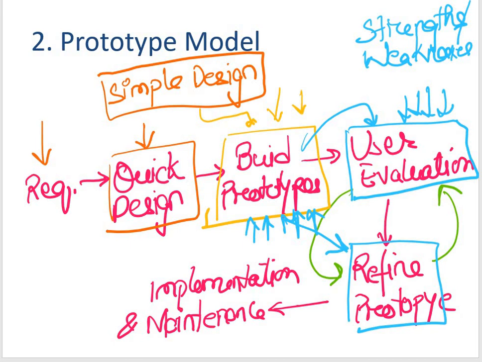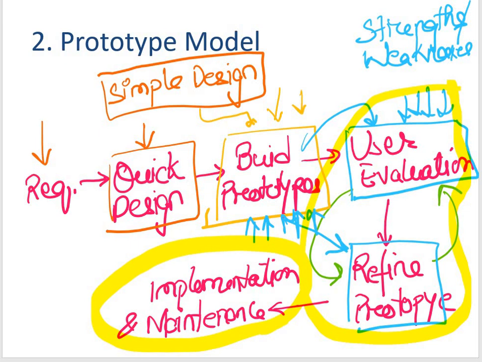And this phase will not be over until all the requirements, feedbacks or specified points are met by this prototype. And once the user is satisfied with the help of this prototype, a final system is built. So we go into implementation and maintenance.